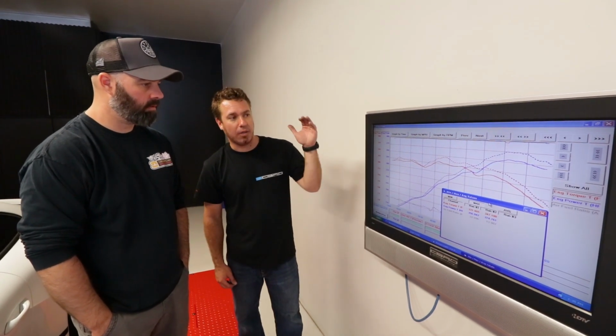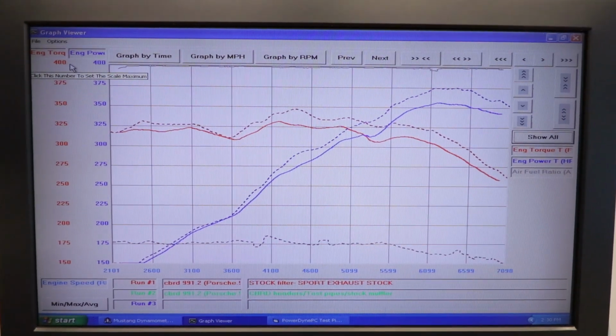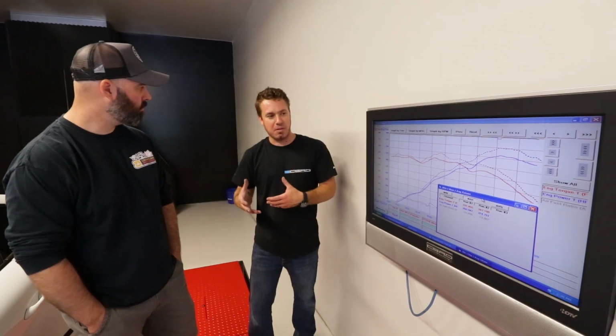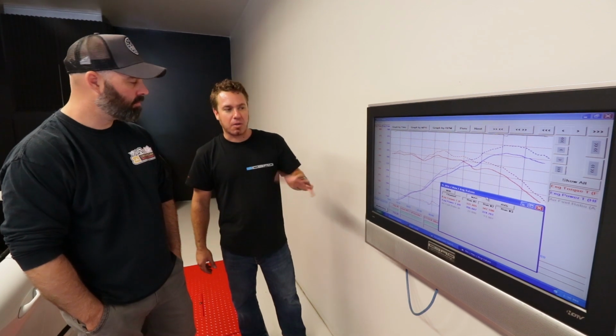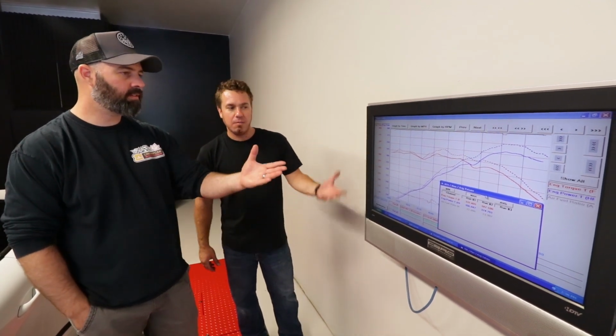It's not just up top, but the car, because of its boost system, is making pretty much a flat torque curve from 2,000 RPM up. And again, misconception-wise, guys tend to think this is the big twin turbo. It's not. Those cars make on this dyno high 400s stock and similar torque, but still, this is a ton more power